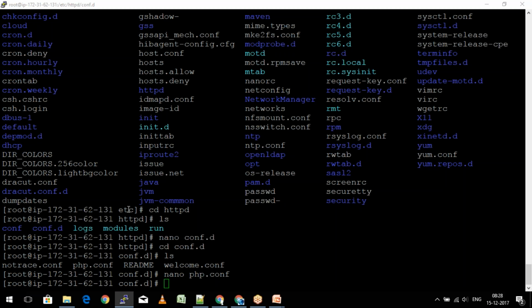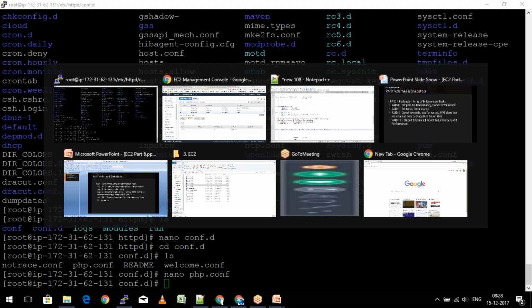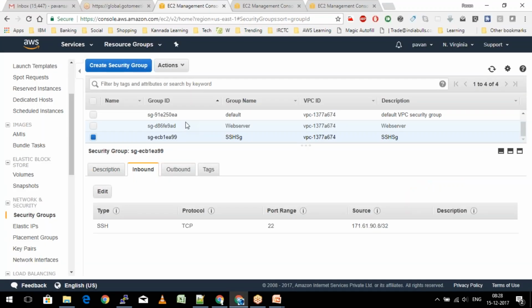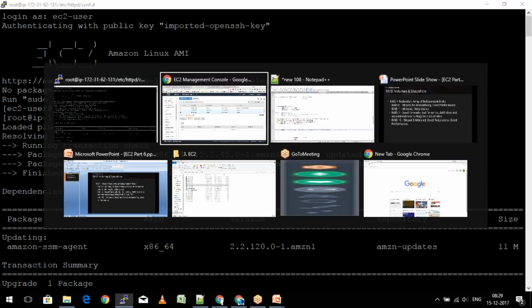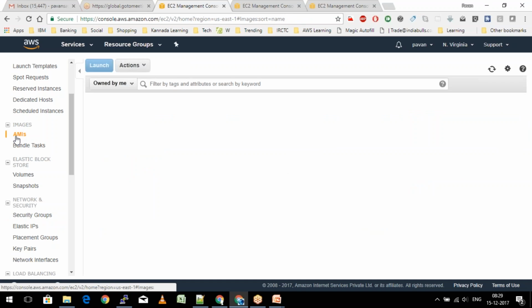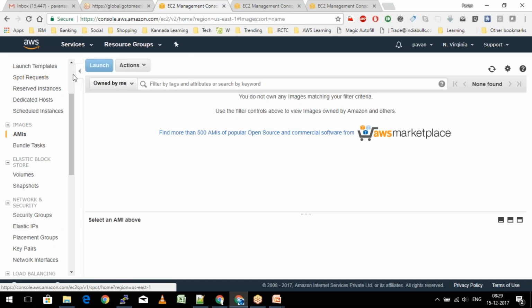So what we can do is, now that I have got the system in a working mode with the application, let's say I wanted to have Apache, PHP, a MySQL connection, and some web pages created for it, and the configuration changes, so everything is updated. So this system is now ready. Whenever I'm going to get a new client for my company, I'm going to just create the web pages and put them across into this system, which has all the prerequisites installed, right? So I'm going to specifically create an AMI out of it, so that this AMI is going to help me all the time.